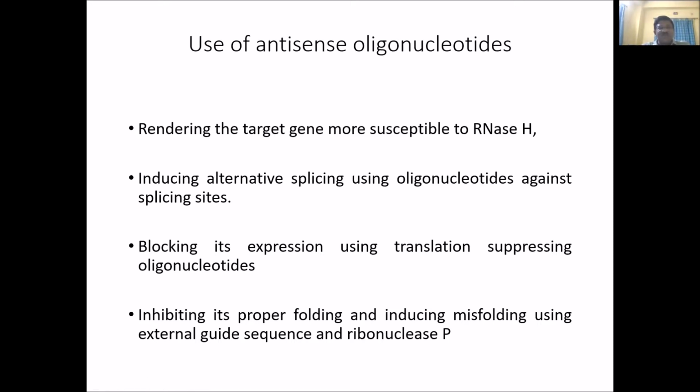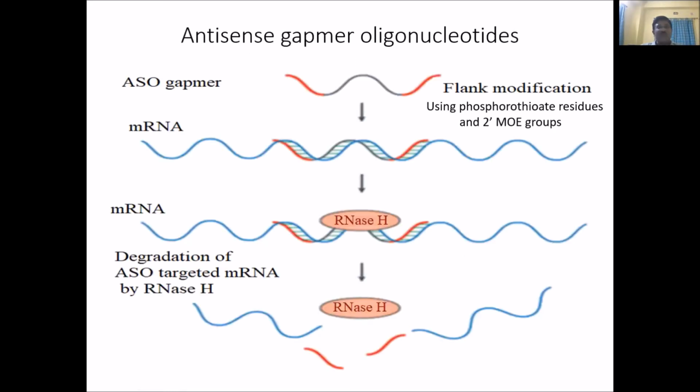And they can also block its expression. Oh, well, I think that we can go to the slides, pictorial slides directly. See, this is an ASO, that is antisense oligonucleotide gapmer. Gapmer means these oligonucleotides have got a central region